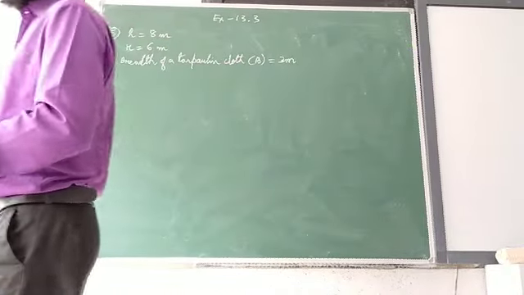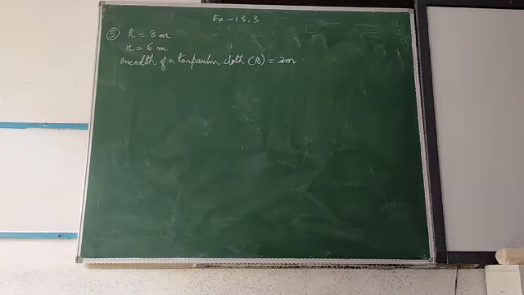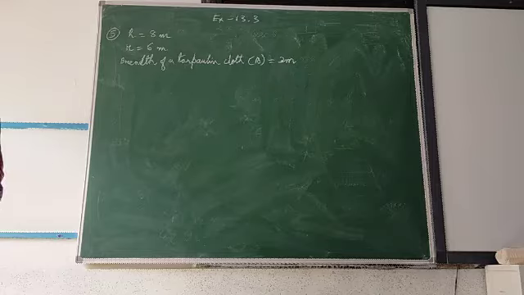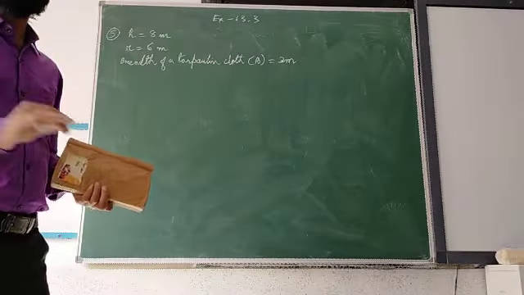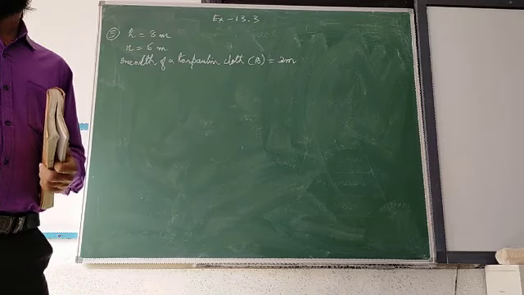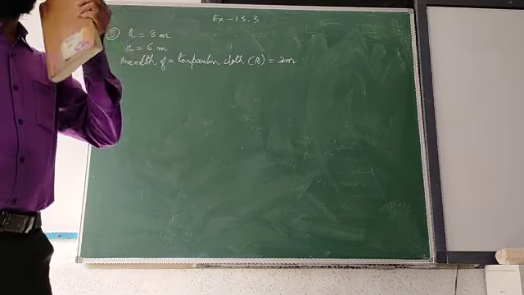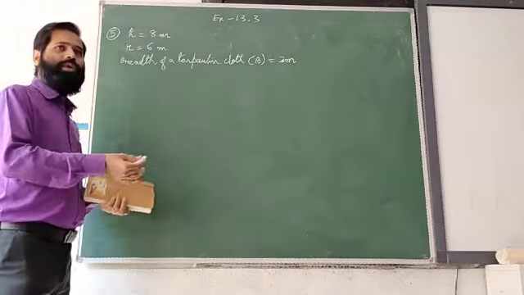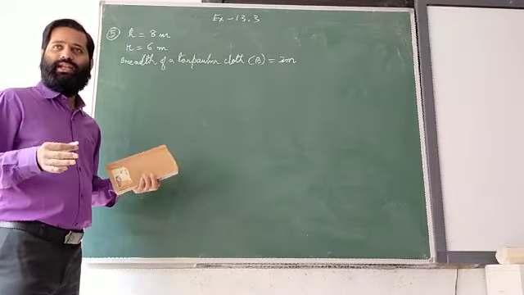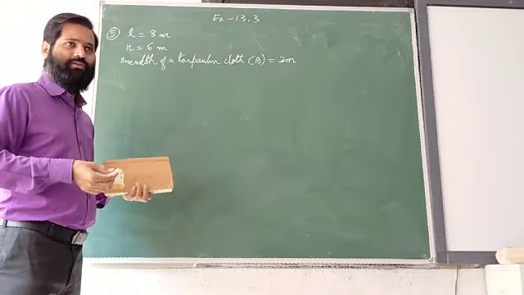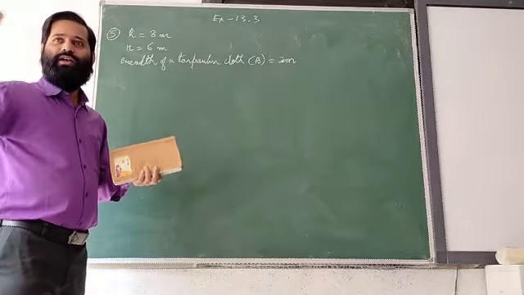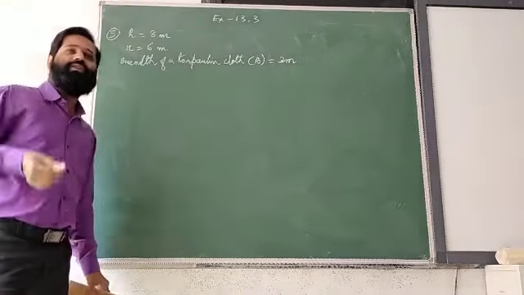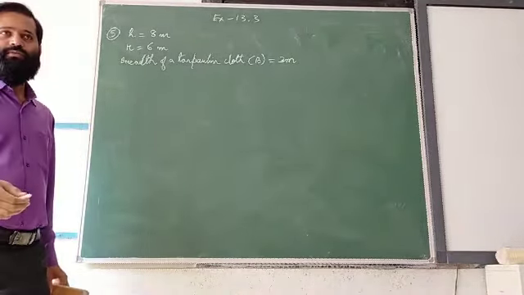The cloth that we are using as tarpaulin is used to make the conical tent. When we make the conical tent, we never use cloth on the ground. We make it on the lateral surface. So whatever cloth we are using, the area of the rectangular tarpaulin cloth will be equal to the CSA of the cone. Are you getting my point?